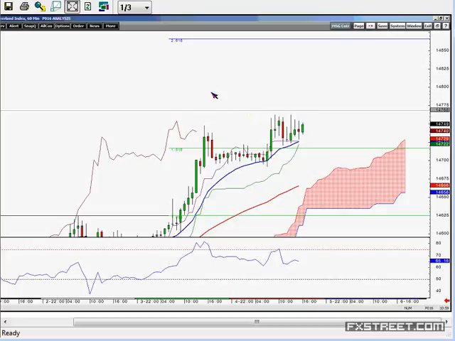I think the Swiss crosses are well and truly